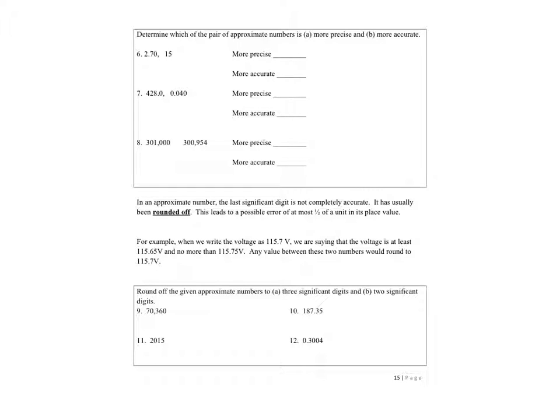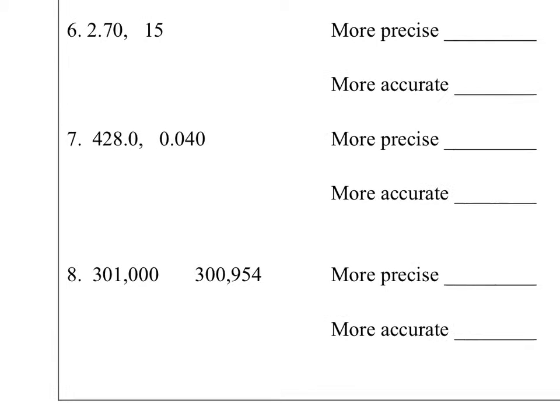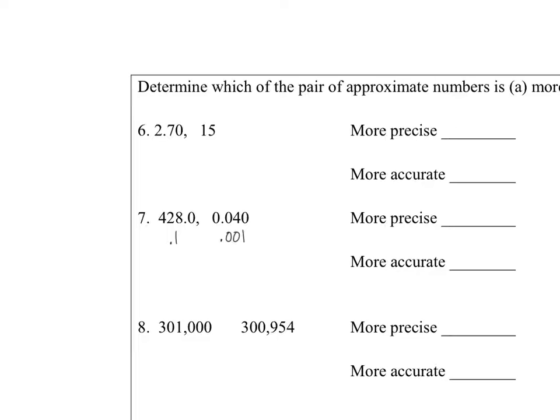Yesterday, we started talking about significant digits and precision. Remember, the number of significant digits tells us our accuracy, and the place value tells us our precision. We left off with number 7 and number 8, and the more precise value here, if we look at number 7, this has a precision of 0.1, and 0.040 has a precision of 0.001. So the more precise number is actually